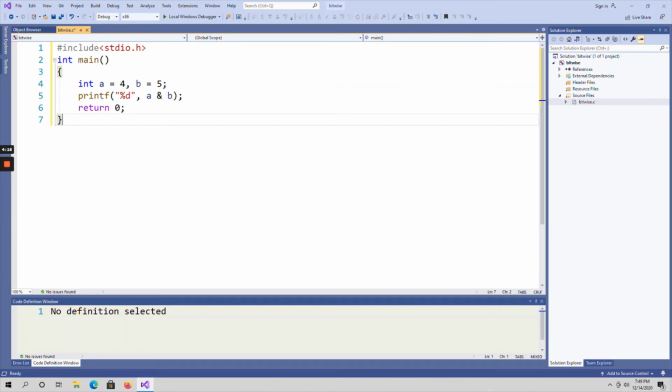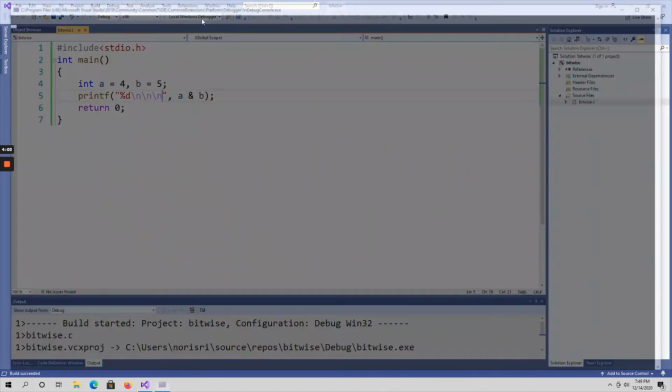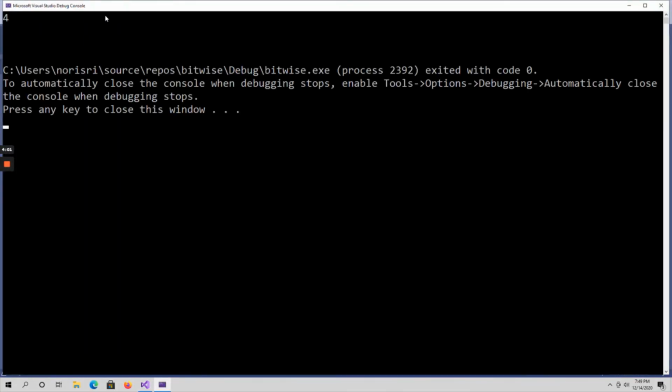So this is my code. Here I will use \n, a new line. Let me run the code. So 4 bitwise AND of 5 is 4.